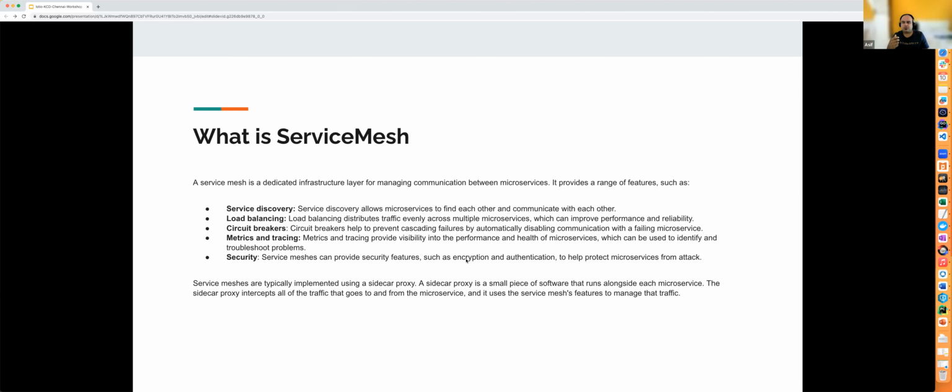So with the service mesh, just like the SDKs were there before for Java or Golang, now it's a service mesh which handles all of this, and it's independent of the technology stack of your microservice. So it doesn't care in what language your microservices are written. And there are a lot of variants of the service mesh. Some of them are built inherently into Kubernetes, and some of them also work outside Kubernetes. So if your applications are not running on Kubernetes, it can still work on direct servers as well.